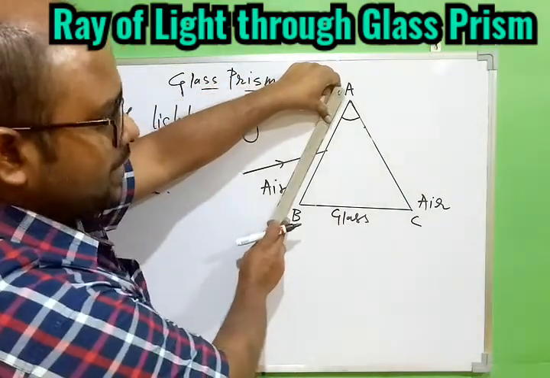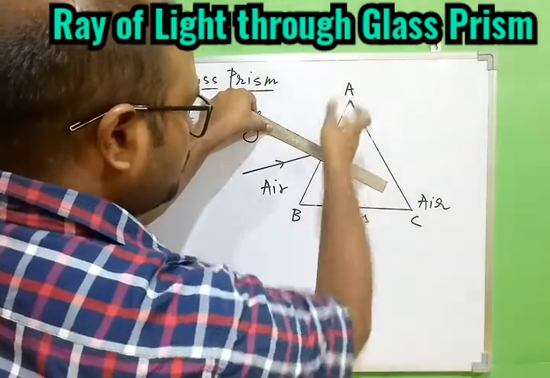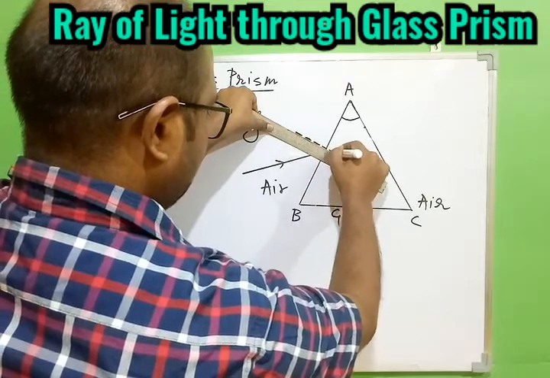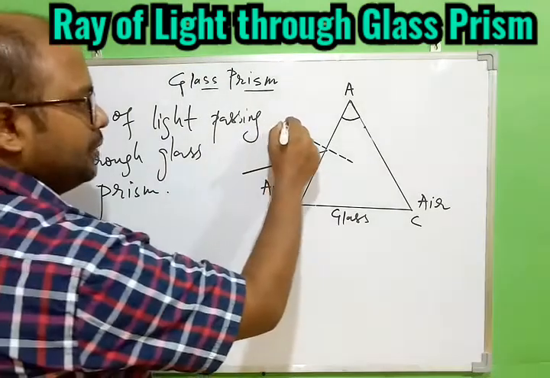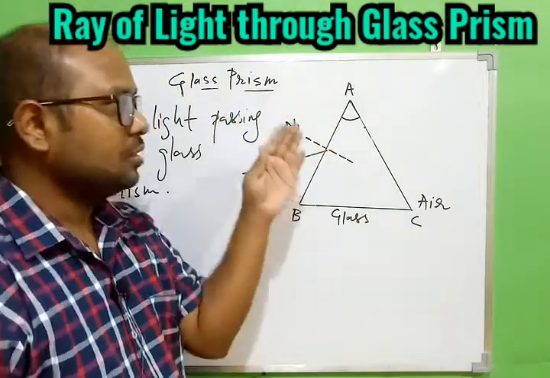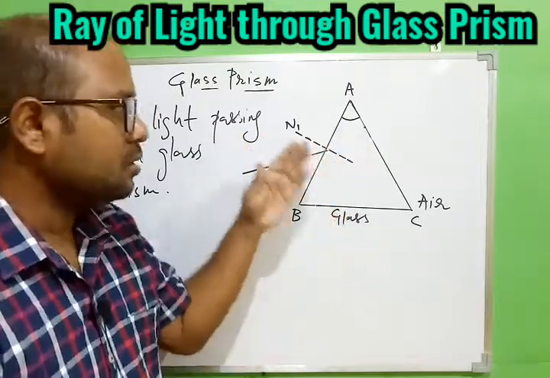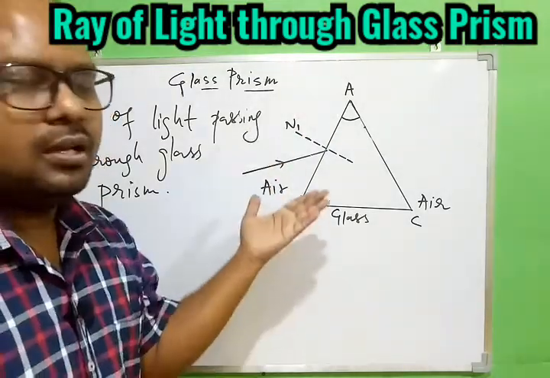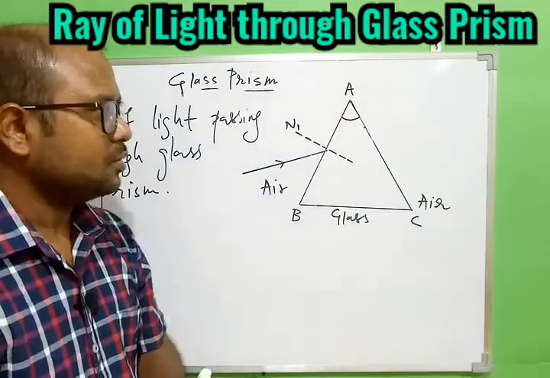So what is to be done? With this AB, that is the AB surface, we have to draw the 90-degree normal. So perpendicular to this, we have to draw the normal. So always remember which is perpendicular here. Okay, so this is the first normal, we can say. Let this normal be N1, which is on the first surface, and this normal is not on the triangular surface, it is on the rectangular surface. That is, this is perpendicular to the rectangular surface that we have at the very first. Okay, and overall if this is perpendicular to the rectangular, it will be perpendicular to this triangle also. That is very simple to understand here.